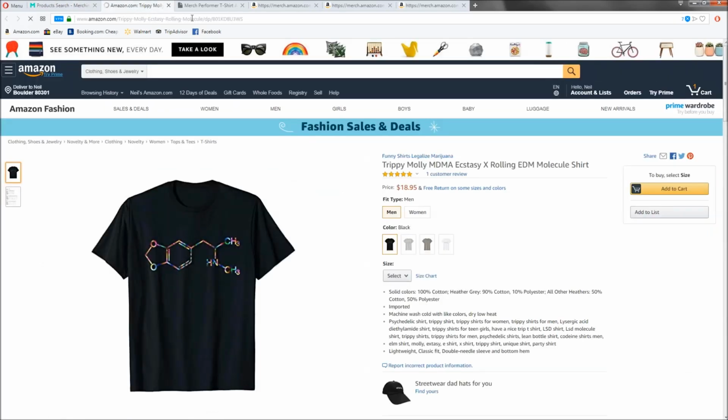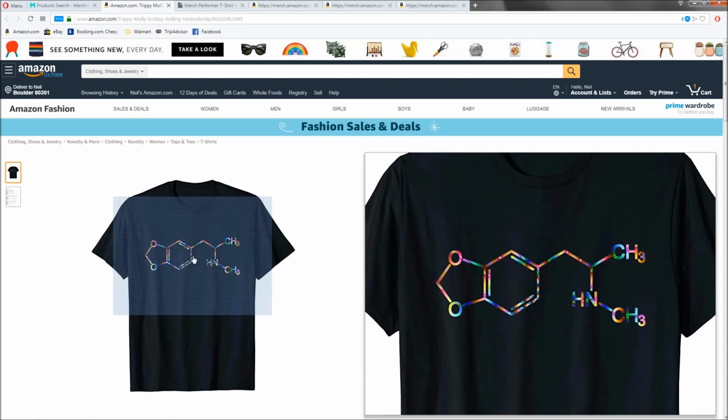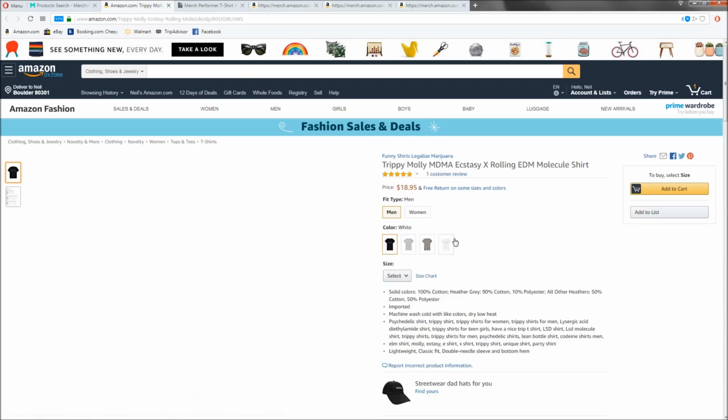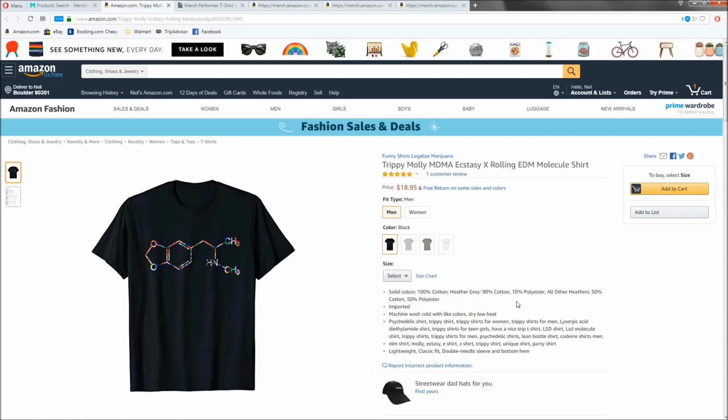So right here, we see the very first result that includes some keywords that we want to take a look at. So I'm just going to open up the product here, and as you can see right here, it is a molecule for something. Let's read through the description here. I always like to familiarize myself with a niche before I even do any amount of keywords. Really, you should familiarize yourself before you send the designs to your designer,